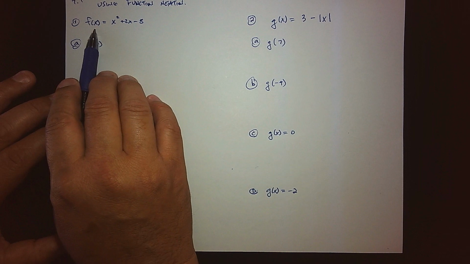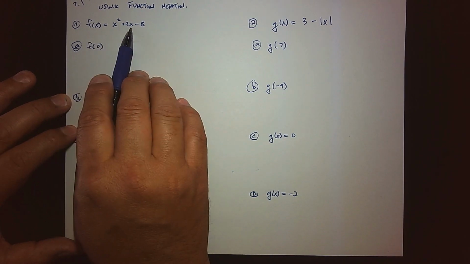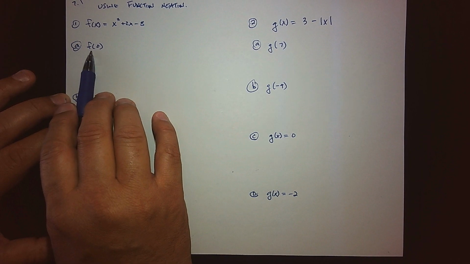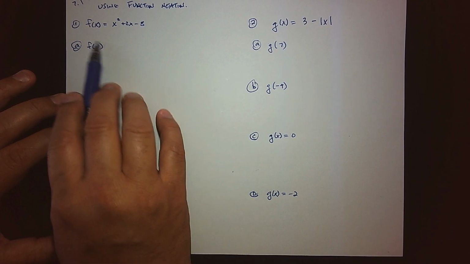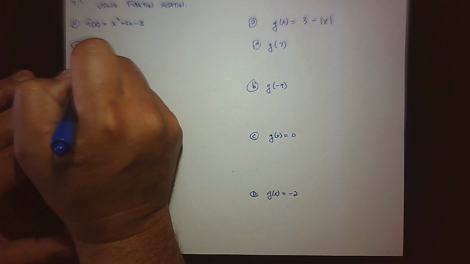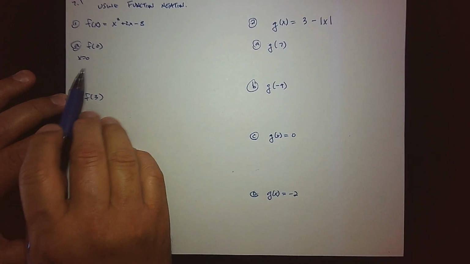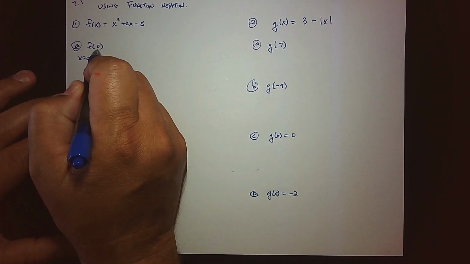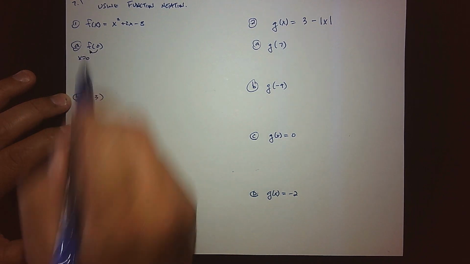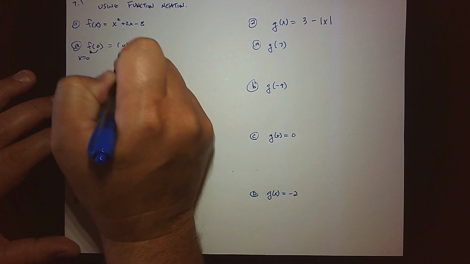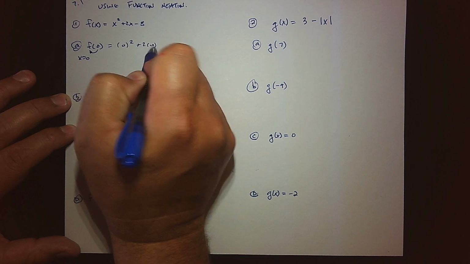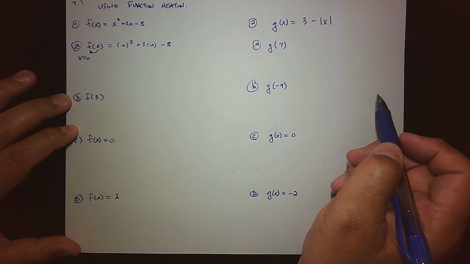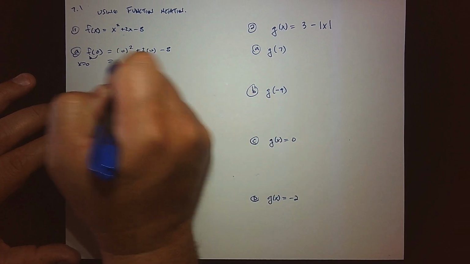So I've got a function here called f of x. It's given by this parabola, and I'm asking you for f of 0. So again, this is a very precise way of asking you for the output when I let the input be 0. We're putting 0 into the function f. So I'm going to come up to the function, and wherever I see an x, I'm going to replace it with 0. And so doing the evaluation,